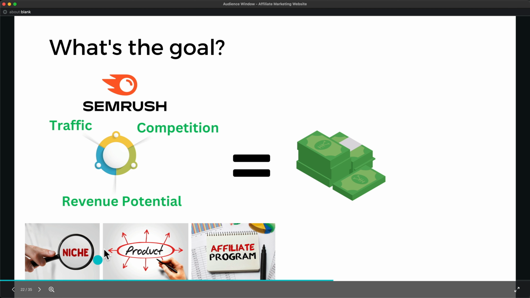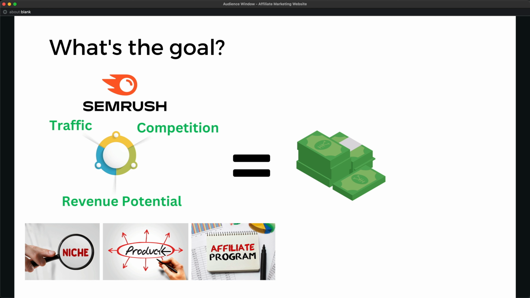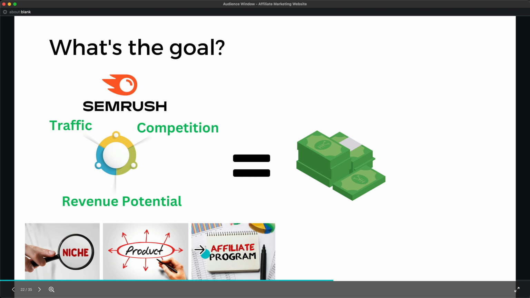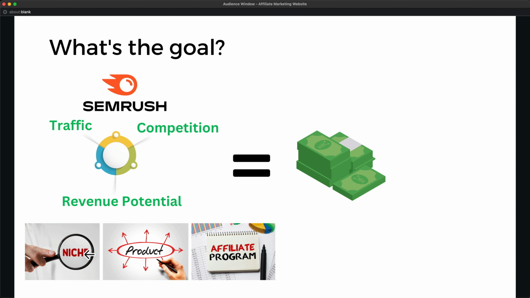But when you look at different niches, what I would recommend you do is just look at the top websites in that niche, look at what products they promote, and look at the affiliate program for those products and look at the payout they're getting. Then when you look at the traffic that the website gets, then you can estimate how much money they're making based on the commissions they're getting for the products they're promoting. So look at your market before you decide to go into a niche. But there's no shortage of niches you can go into. You just have to do some research before you actually commit to one.